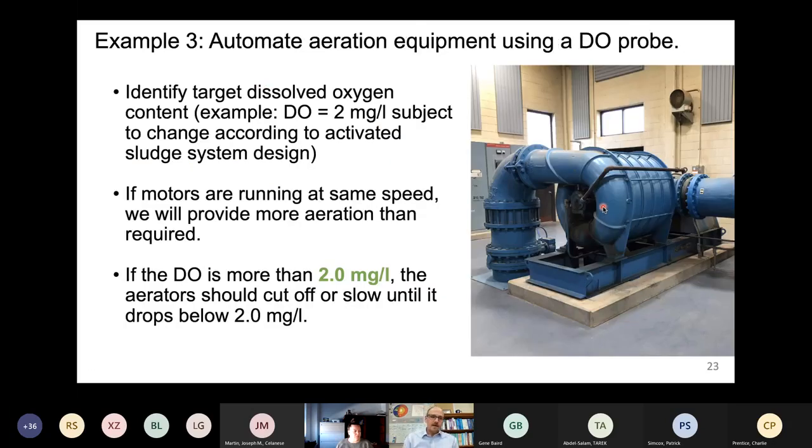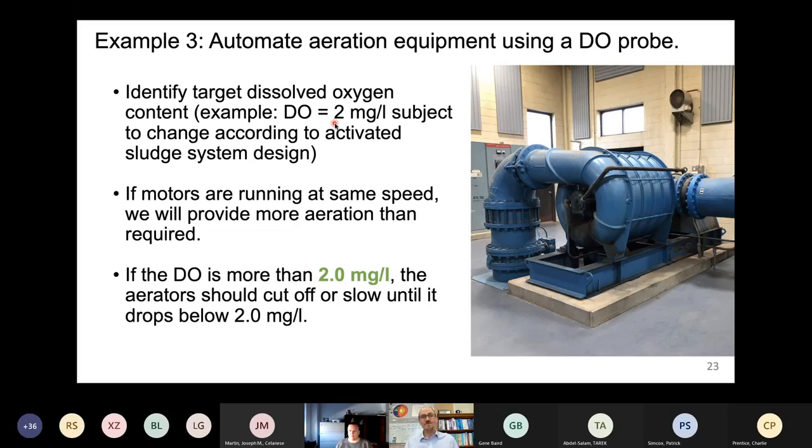Okay, example number 3. Thinking more about our aeration equipment, we want to automate our aeration using a DO probe. Now, there's a lot of facilities that have dissolved oxygen probes in their systems. It's kind of a standard thing in the SCADA system, the supervisory control and data acquisition system. You're probably going to measure your dissolved oxygen inside your aeration tank. And a typical goal is 2 milligrams per liter, which I think is kind of interesting. You know, for a healthy